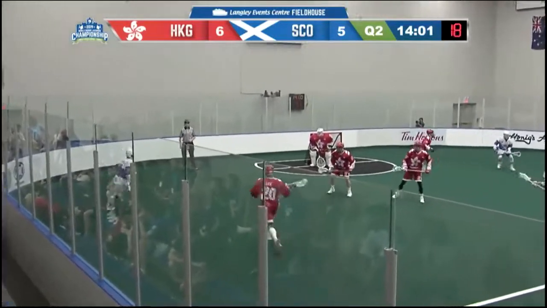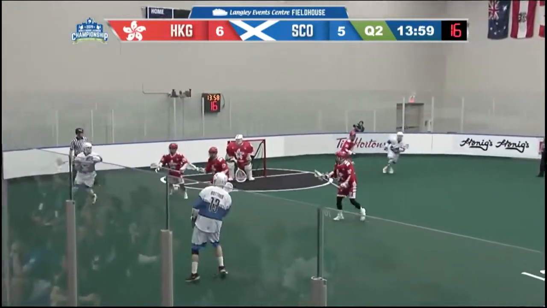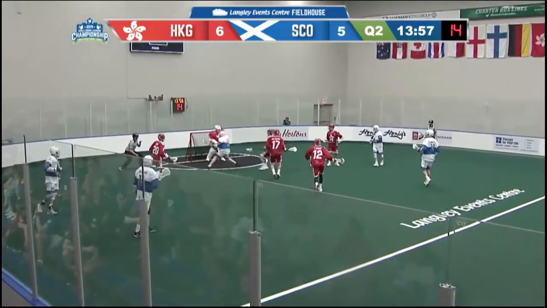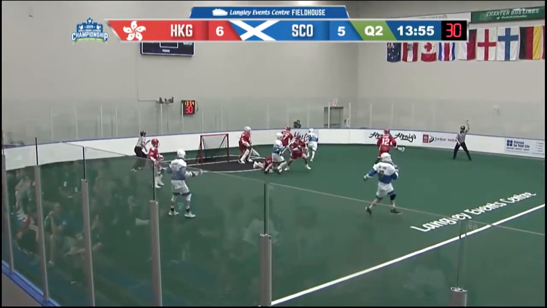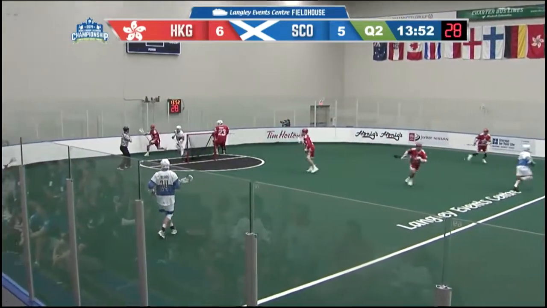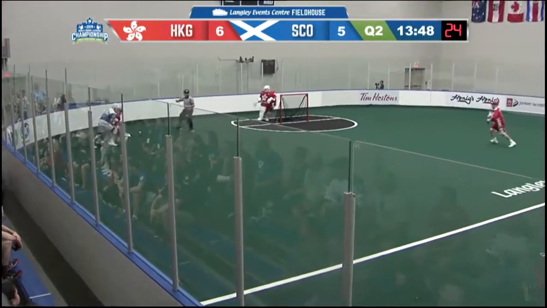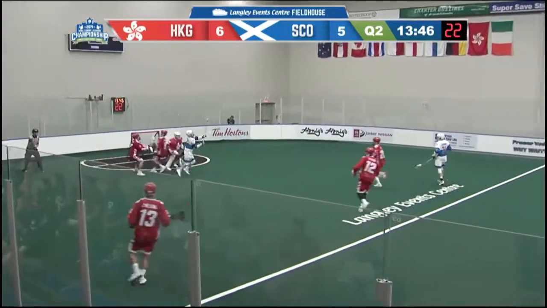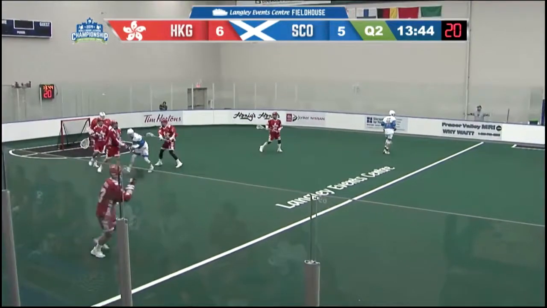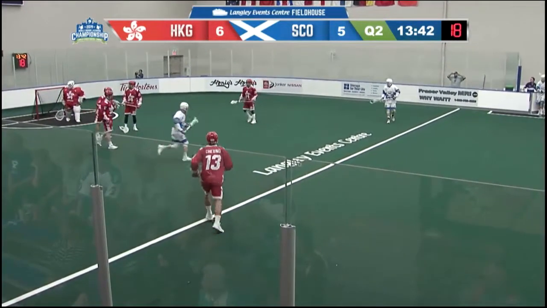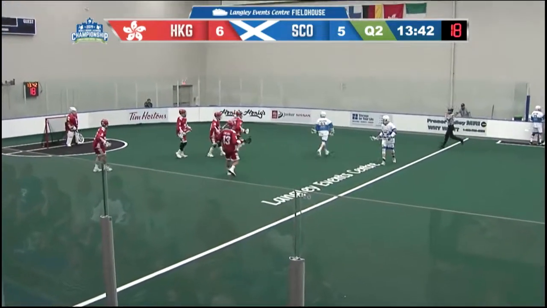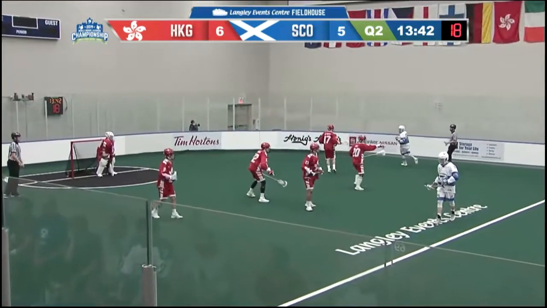Not quite connecting there with Ian Vickers, who chases it down the floor. Vickers opened the scoring in this game just 59 seconds in. But that, at one point, 3-goal lead, 2 3-goal leads, has evaporated into a 6-5 Hong Kong lead just over a minute into this second quarter.